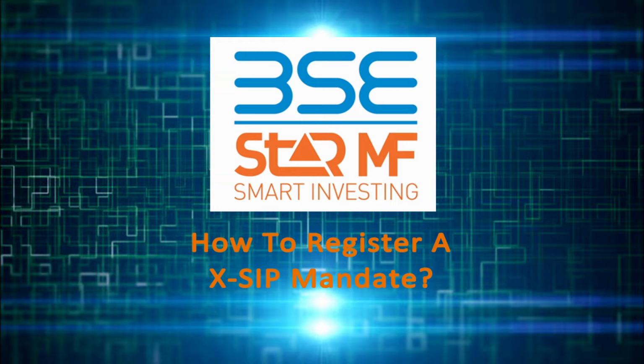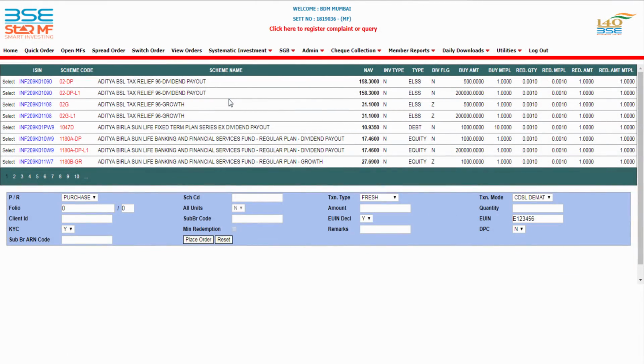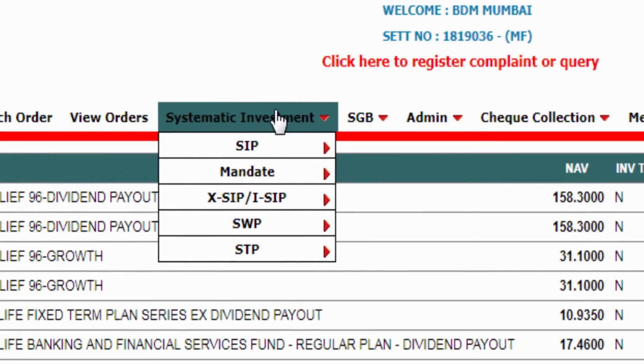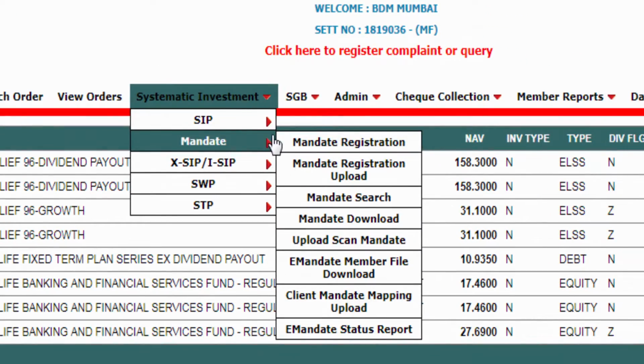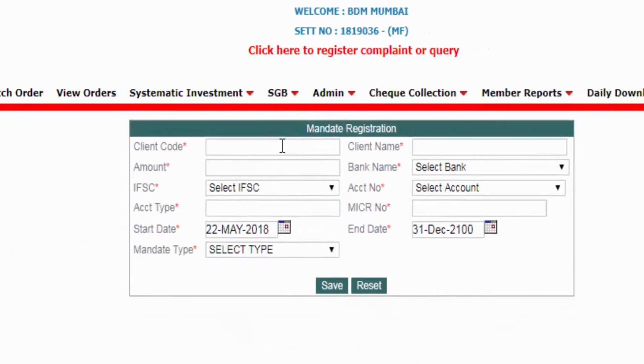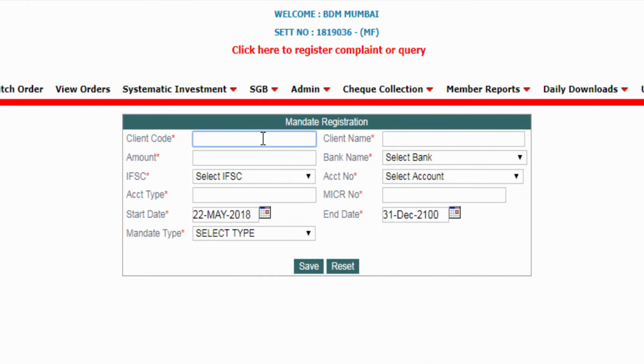The first is the normal type, wherein you would have to get the mandate form filled, for which you need to register the mandate on the system. To register the mandate, you would need to go to systematic investment, mandate registration. Here enter the client code,